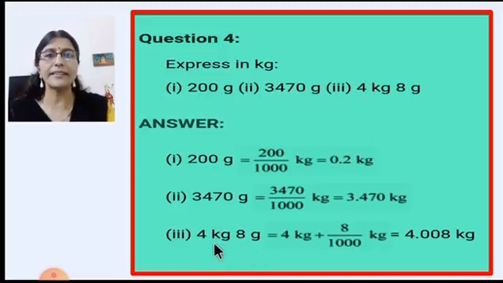Now the last one, 4 kg and 8 gram. So the kg part is given in kg, so no need to do anything. We'll write 4 kg as it is, plus now this is the gram part which we have to convert into kg. So again 8 will be divided by 1000. So again you can see here 3 zeros are there. So we will start counting from here 1, and then these 2 places are empty. So here you can see 2 zeros are added before 8, and then the point is written, and 4 kg is there here, so that will be written before the decimal point. So the answer is 4.008 kg. So this is the way you have to do conversion of units.